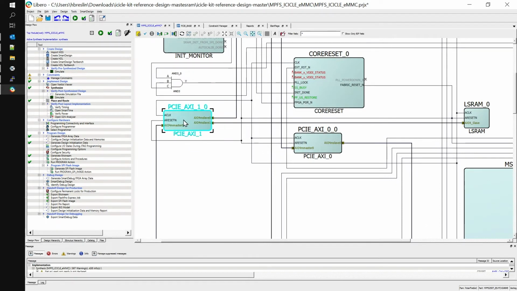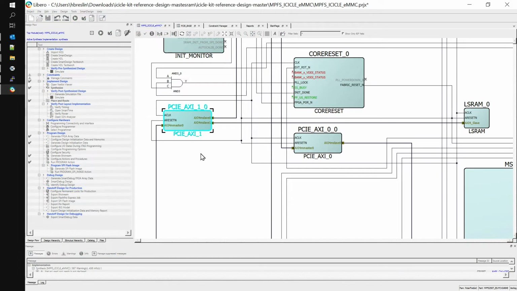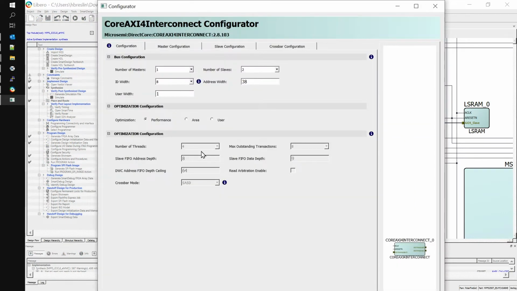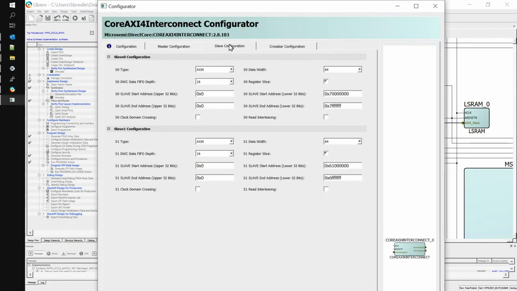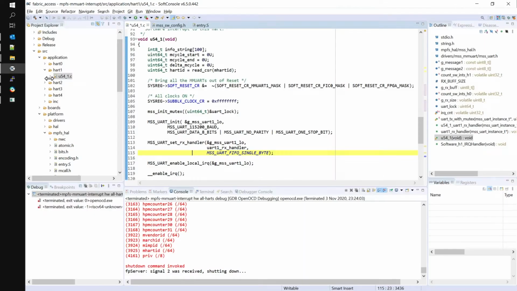You can double-click on the interconnect to open its configurator. When it opens, click on the Slave Configuration tab. Slave 1 is configured to have a start address of 61000000 hex and an end address of 6FFFFFFF hex. If we open up SoftConsole, we've created a project based on the MPFS MMUART interrupt project,